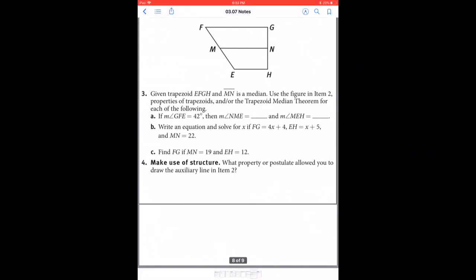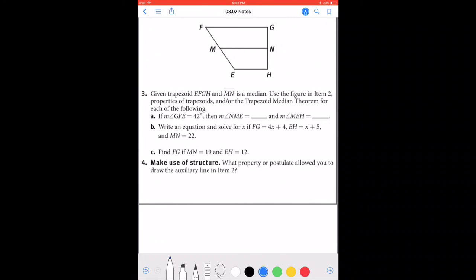MN is still the median, just like on number 2. This is the median, which means M is the midpoint and N is the midpoint. We can use our properties or the trapezoid median theorem to show each of the following. So if the measure of GFE is 42, that means this angle right here is 42 degrees,